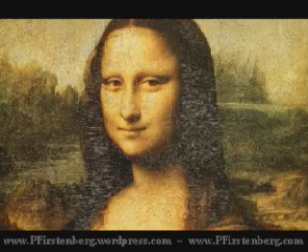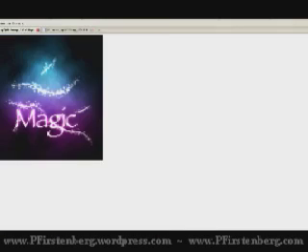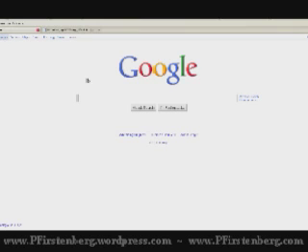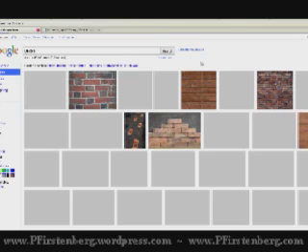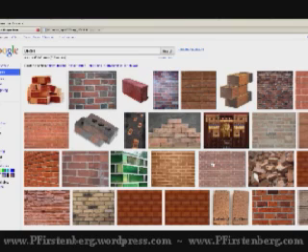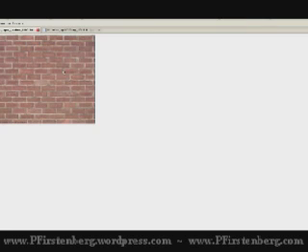So, one thing that's also really great for overlay is things with texture. So, let's go back to our trusty Google and let's get some bricks. Because I've seen some people do this on Sketch Club, let's say they wanted to make graffiti. So you have a brick wall here,